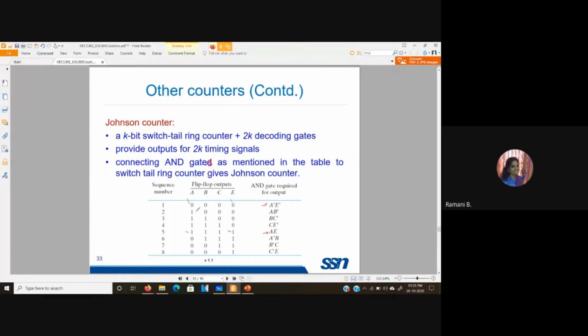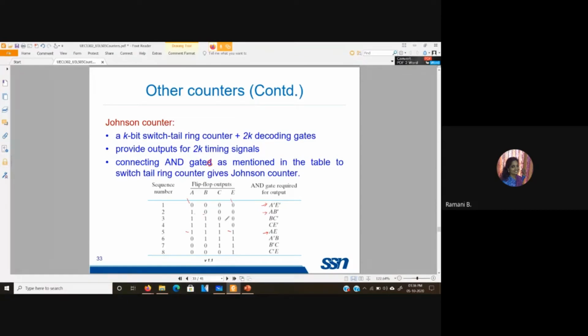Now for the other cases, you check for adjacent flip-flop values where the value changes. Okay. So here with 1000, this is a 1 and this is a 0. So the corresponding value is A is equal to 1, B is 0. So this is given as A, B bar.